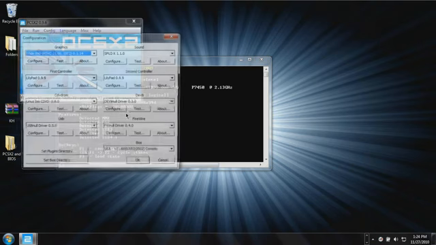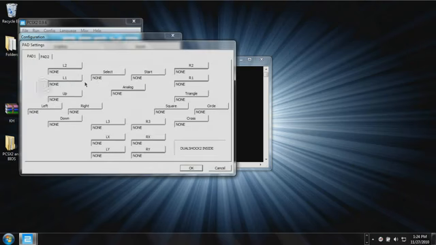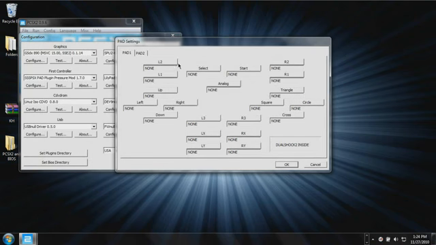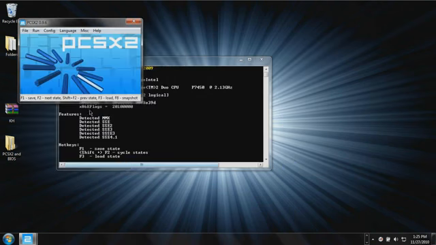Oh, sorry, let me show you how to also set up a controller. Go to first controller and change this to this one, and click configure. Now if you have an actual gamepad hooked up to your computer, like a wired Xbox controller, or I heard sometimes PS3 controllers work with this too. If you want to assign a button to that controller, you would click on the button that you want to assign on here. So if you want to assign L2 to the left trigger on an Xbox controller, you'd click on there and then click on the left trigger on the Xbox controller, and you'd keep doing that for all the other things here. But I don't have that hooked up right now, and it takes a couple minutes to set up anyway. So we're going to click OK on that after you assumably have done that,